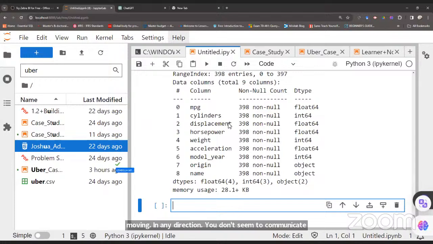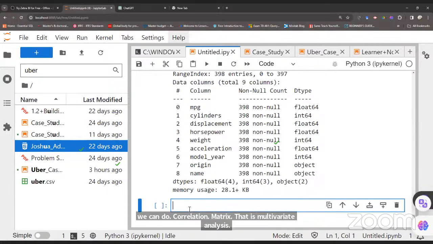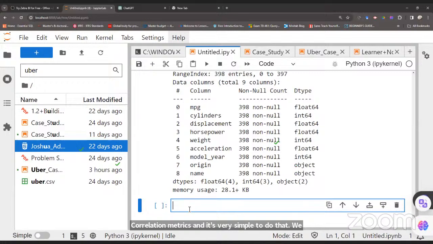That is the understanding we want to get from that multivariate analysis. Okay. So we can do a correlation matrix. That is multivariate analysis, correlation matrix, and it's very simple to do that. We can do mpg_df